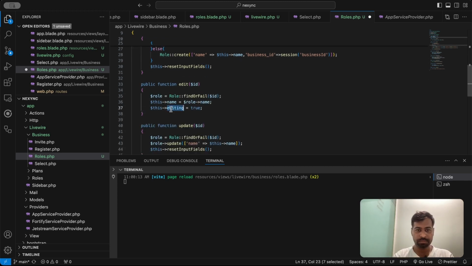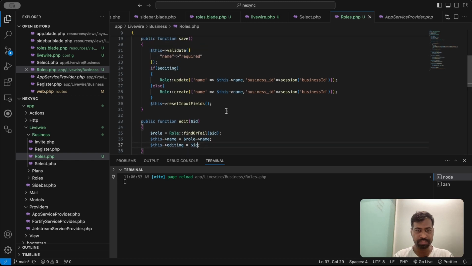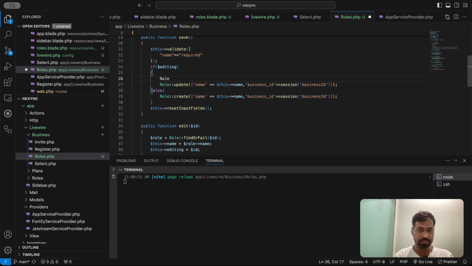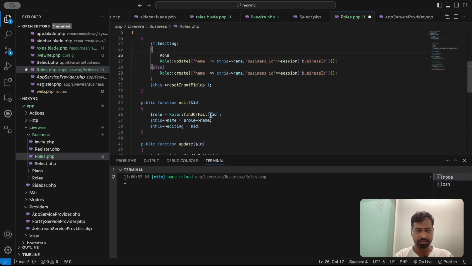Okay, so editing, rather than editing true, will just save this id. Okay, and then basically we'll get that particular role, or we can just save this role here, so we'll not have to get this role again. Okay, so this, then editing,